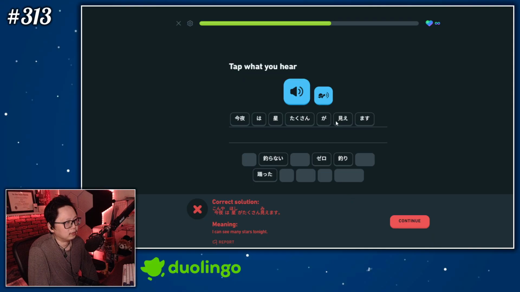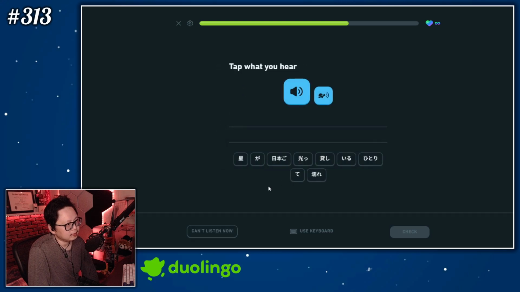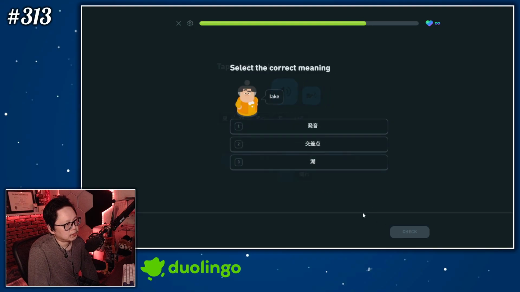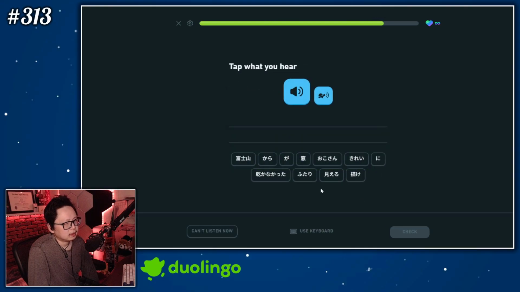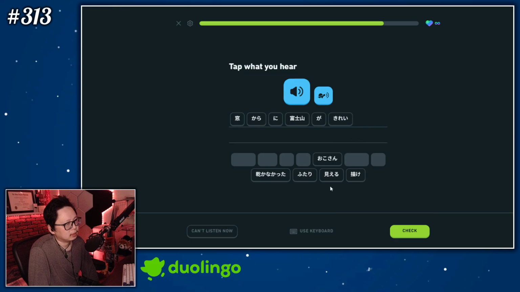Oh, I needed to put taxon over here. Yikes. 氷。 星が光っている。 湖。 窓から富士山が綺麗に見える。